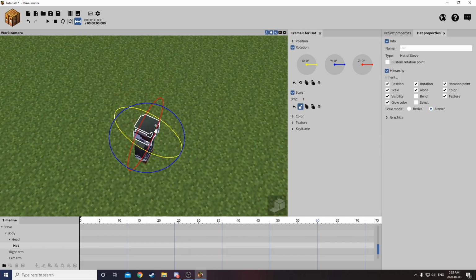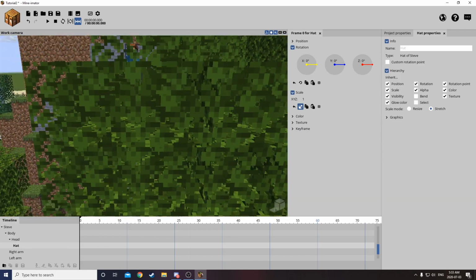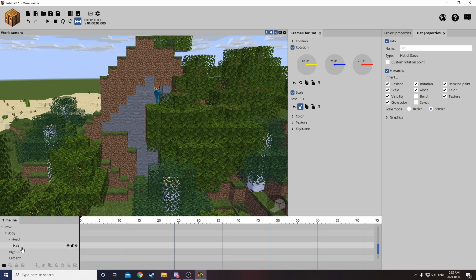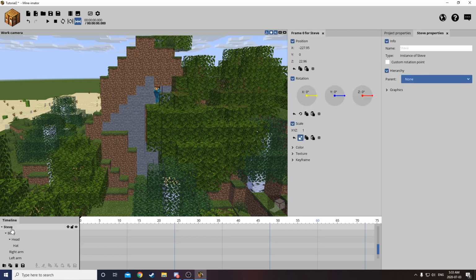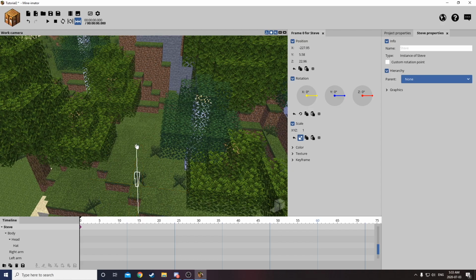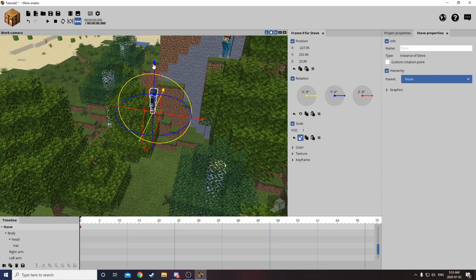See, look how I clicked on it, and it went onto his hat, so that did not work, and if that ever happens, it's easy. See, this is his classification. You want to just click Steve, and now you get to control his whole body. So I'm going to control his whole body. I'm going to bring him up here,